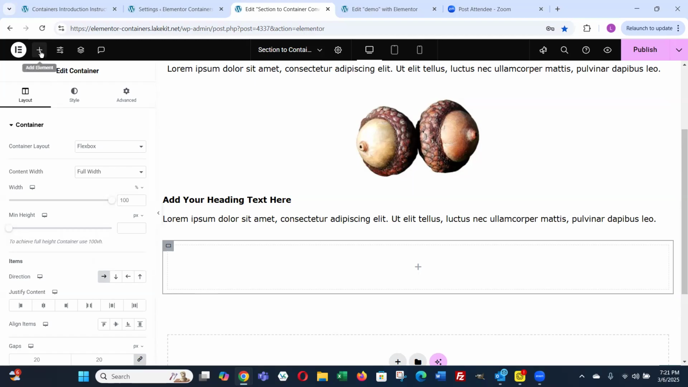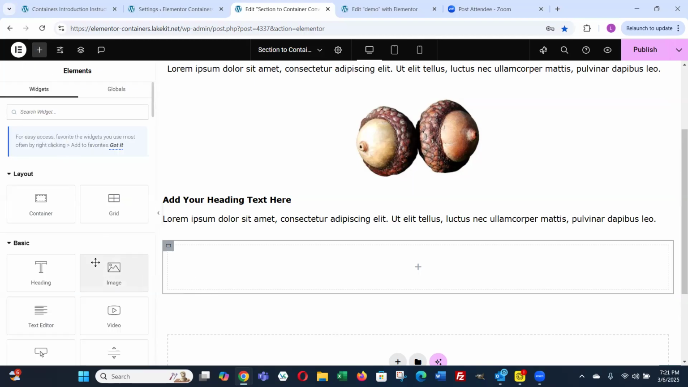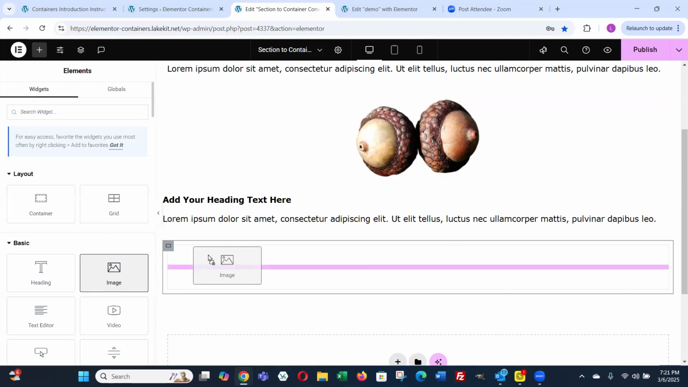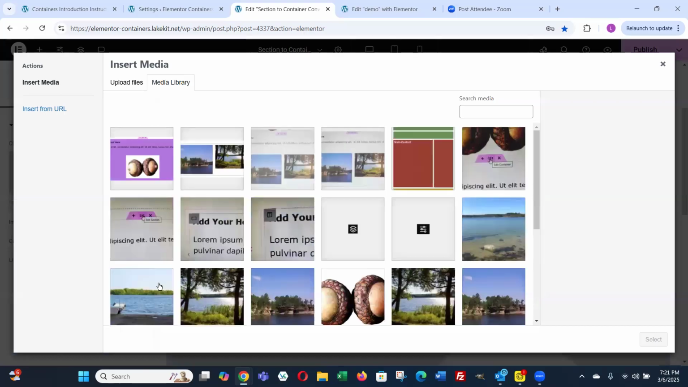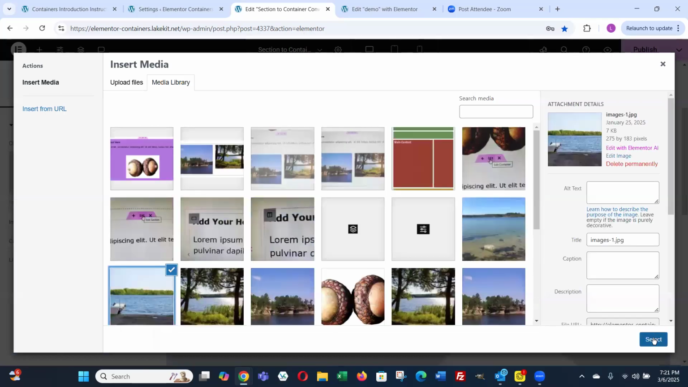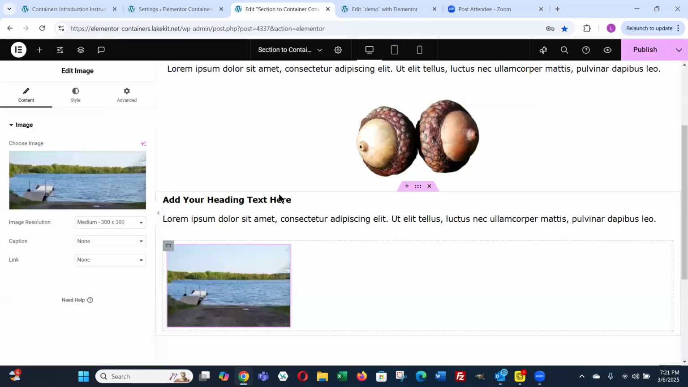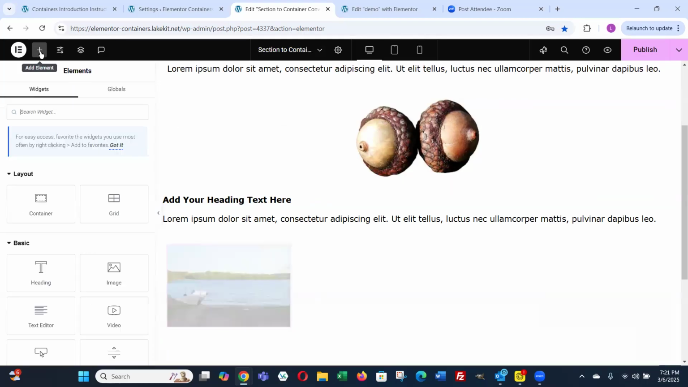Next, we're going to add 2 images. I'll drag 1 image into the container, and I'm going to make it a medium size image, and then we'll go to the media library and grab an image and add it. Next, we're going to add another image alongside of it because this is a horizontal container now. And we're going to drag an image into